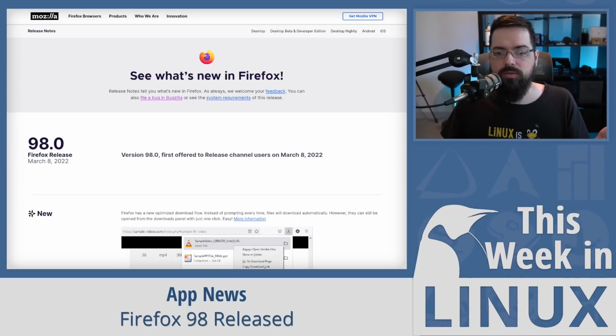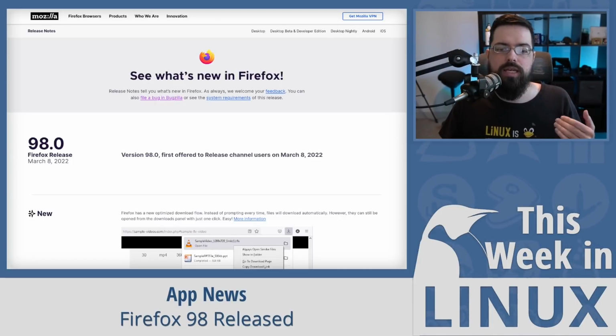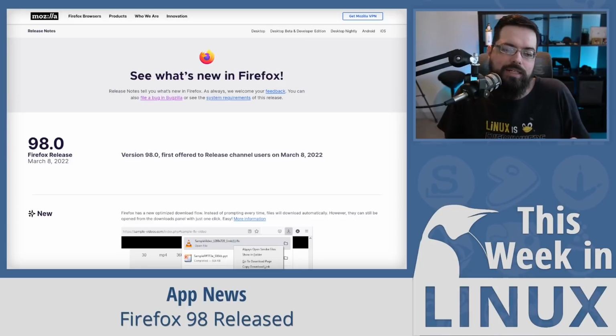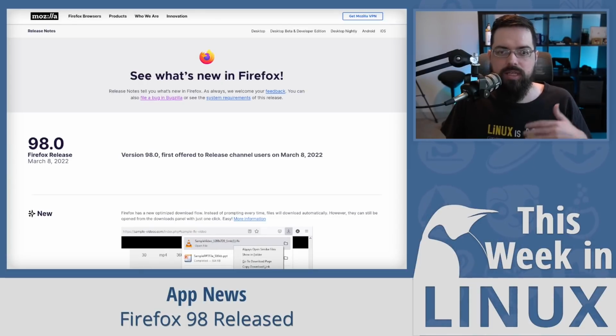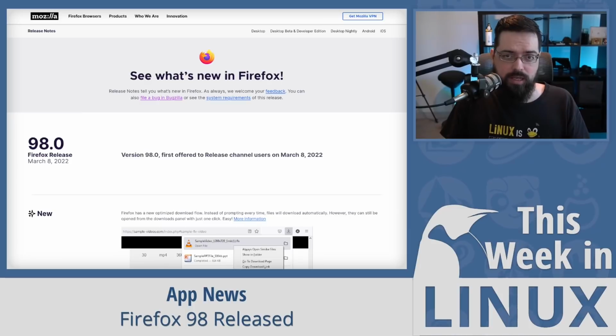And also in this release, you'll see that Firefox no longer asks what to do for each file by default. This is great because you won't be prompted to choose a helper application or save to disk before downloading a file, because that could be a little bit annoying. And as someone who sometimes downloads lots of files because I'm downloading images for modifications for website stuff, like when I do Visual Ux stuff for design, it does kind of get in the way when I have to download a bunch of files. This helps that a lot.